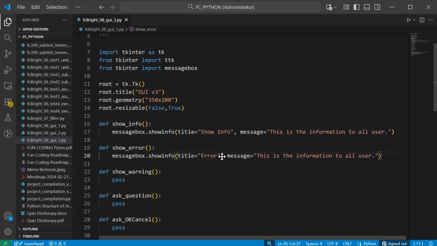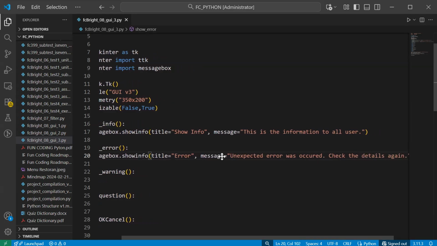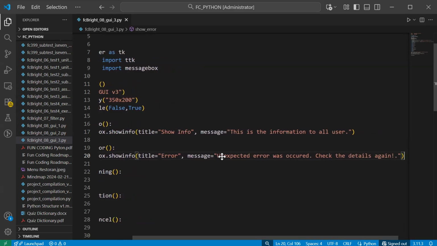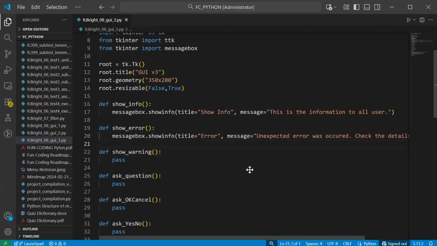Okay, and then unexpected error was occurred. Okay, check the details again. Yeah, maybe like this. Yeah, you can use this.